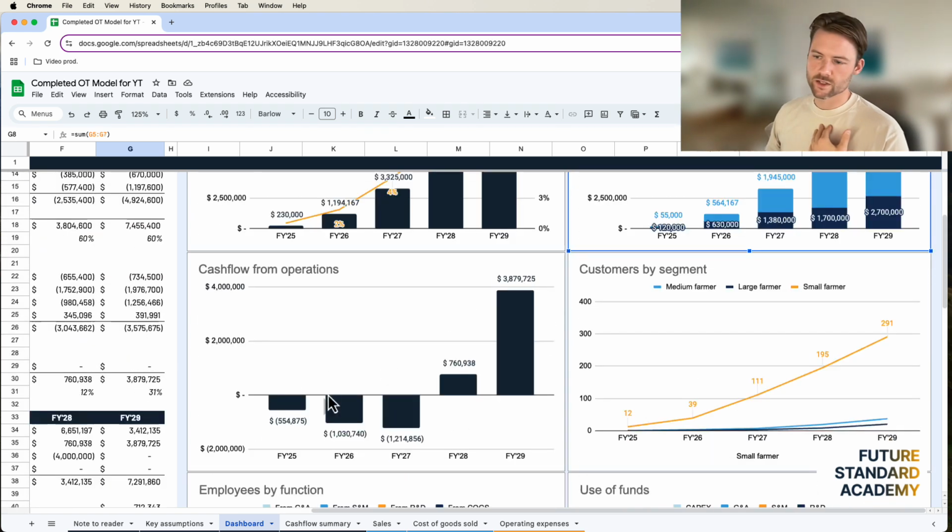Cash flow from operations, this is what you would call a J curve, right? Where you see a dip down where the risk is high at the beginning. And then all of a sudden, there's going to be this inflection point in year 27 when the business figures it out and they start making profit on sales. So all this money here, this negative half, negative 1, negative 2, 1.2 million, someone needs to get you across that risk. And whoever it is, that chasm of risk, whoever it is going to want a share of your company, right?